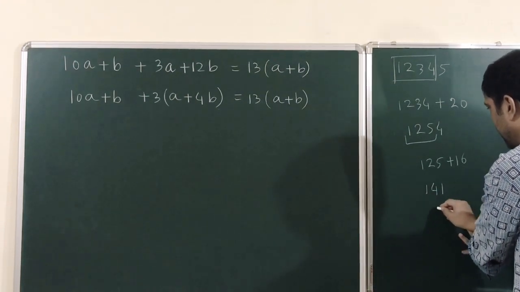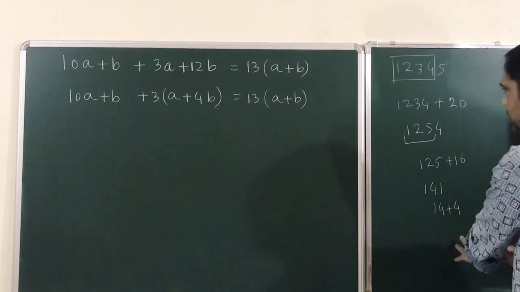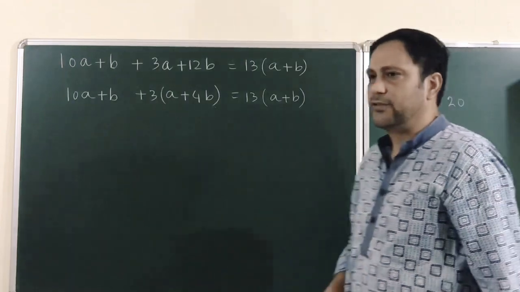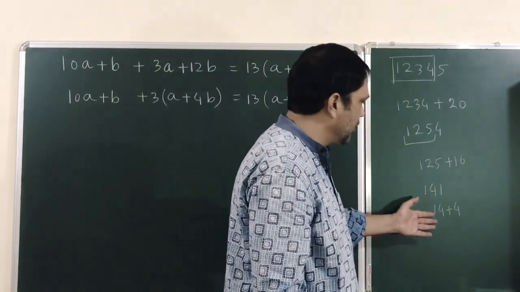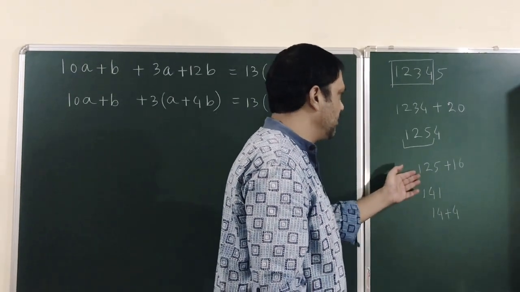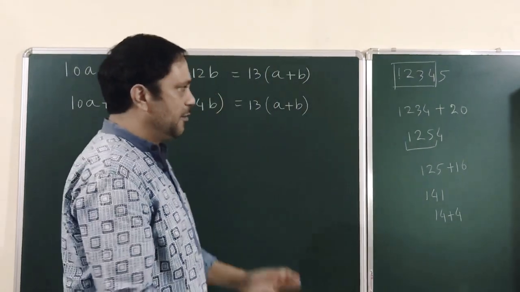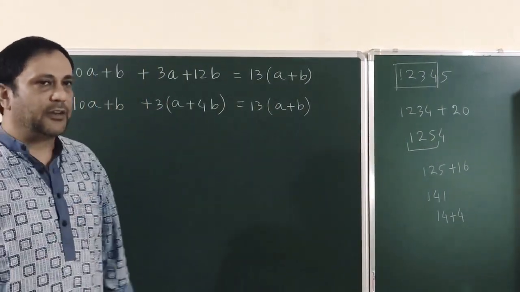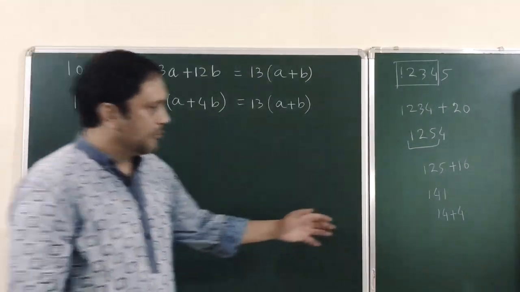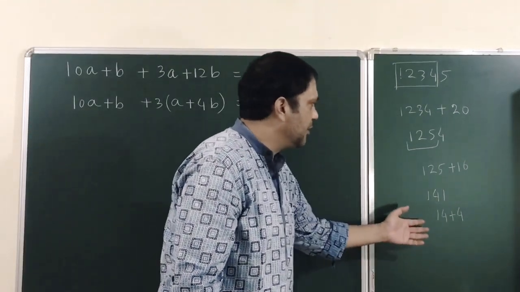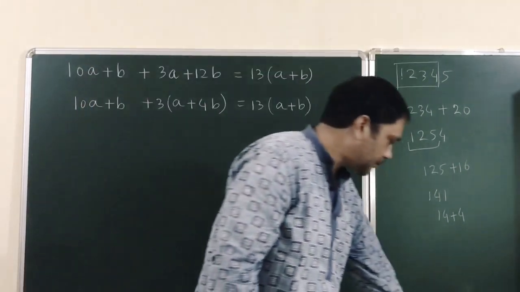And then 141 you can write as a 14 plus 4, so that is 18 there, and from there you can confirm the number is not divisible by 13. And you can move on. If this is not divisible by 13, then this is not divisible by 13, then this is not divisible by 13, then this is not divisible by 13. Because each of the subsequent numbers a minus 2b which you are converting, if you can confirm the divisibility of the last one, you can confirm the divisibility of the earlier numbers.